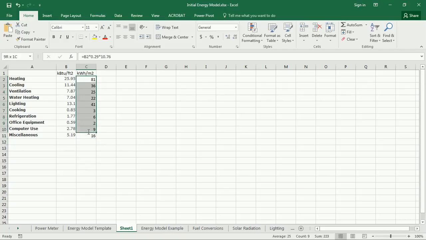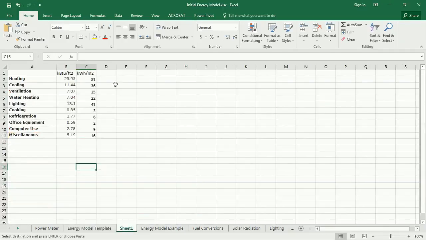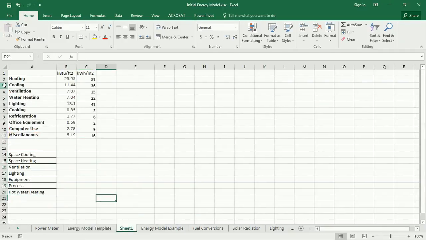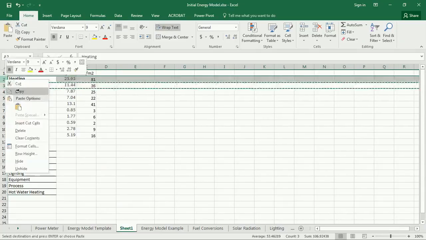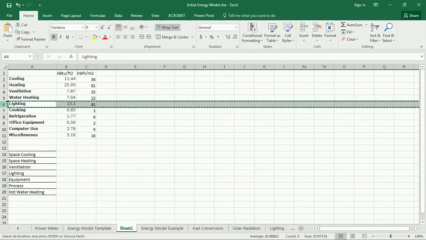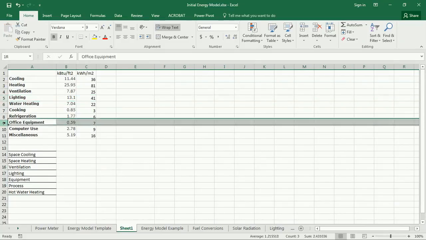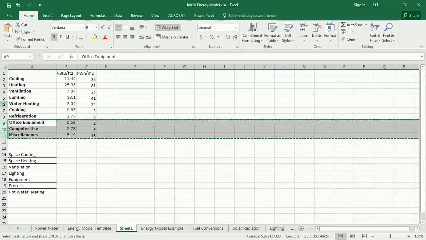And now this is a formula here, and gives us the results that we ultimately are going to want to input here. So for space cooling, I'm going to copy this list so that we can compare them. One's on the left. So I'm going to start with cooling, I'm just right-clicking and pasting here quickly. Cooling, heating, ventilation, then comes lighting, then equipment, which is actually all three of these categories of equipment,